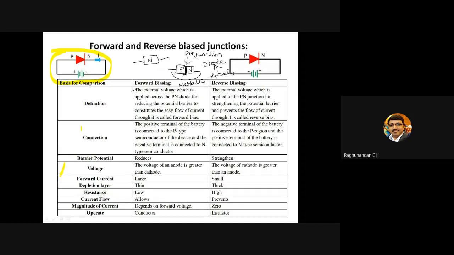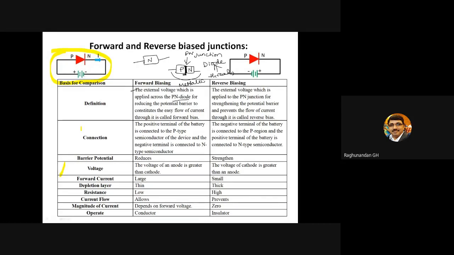Diode means after forming this PN junction, after inserting these threads, the device, the component which is formed, that is diode. Okay, that's why we call it PN diode, because later on we have different types of diode, Schottky diode, all those things will come in the next semesters, or in your power electronics, you might